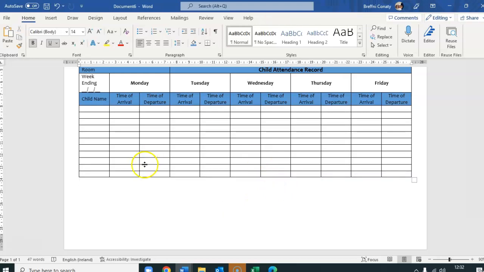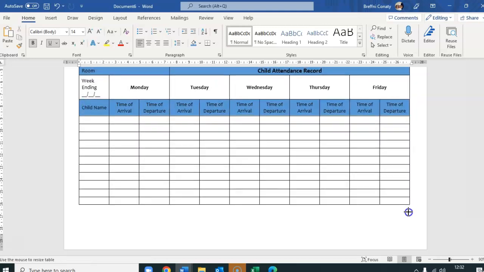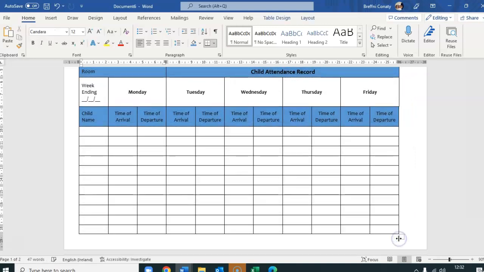I now want to stretch this out to make it look fuller on the page. It'll give me more space in each column if or when I print it out. And in order to do that, I go to the right hand side of my table and we'll see this square box appear. If I push my mouse over that square box, I will now get an opportunity to stretch it. So I left click and hold, and then I begin to pull this down